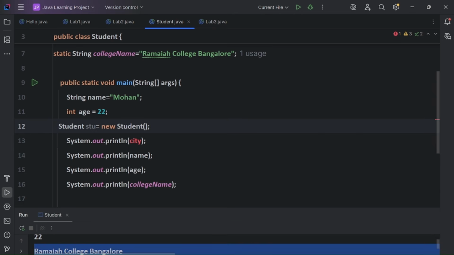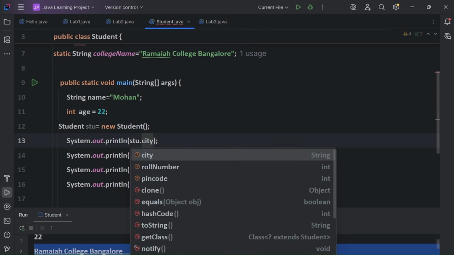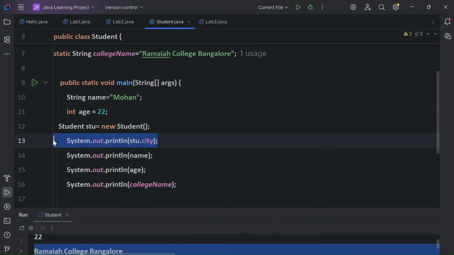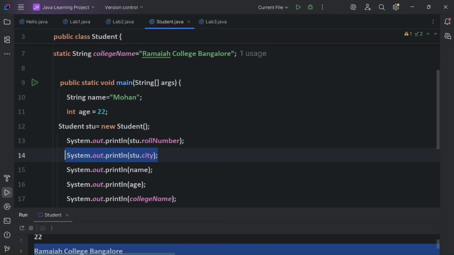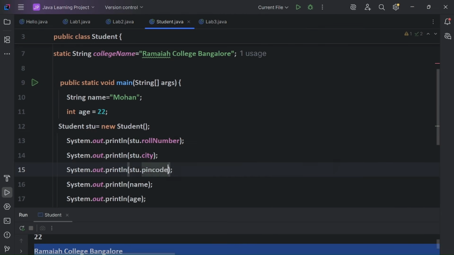Now that I created the student object, with this student object we can call student.city, student.rollNumber, and student.pinCode also, guys.